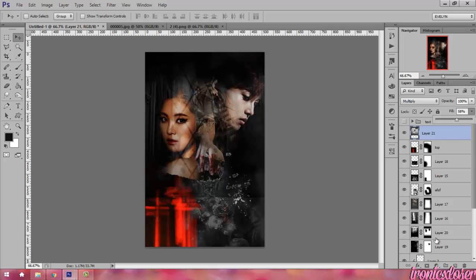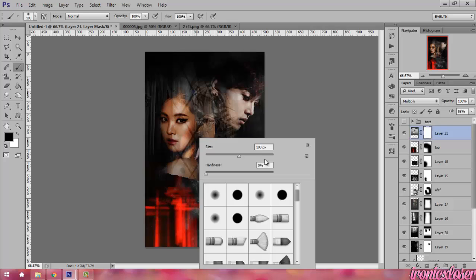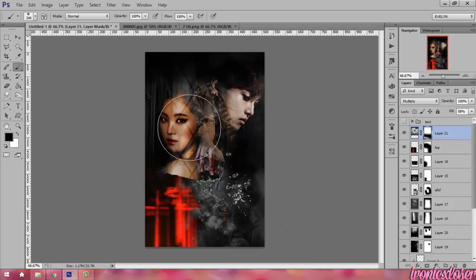Add a layer mask, of course, and we're going to delete what's overlapping that we don't want. So basically what's on our model's faces is what we want to erase mostly, because it can overlap everything else. It gives it more of a grunge build, but on top of them it's a bit too much. Next, we're going to add the